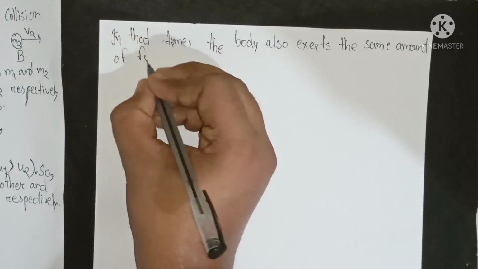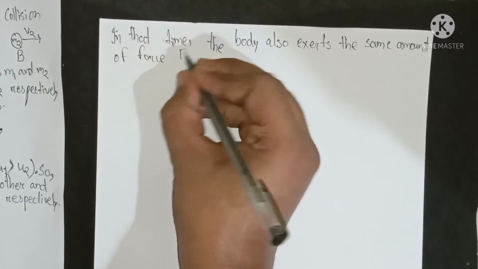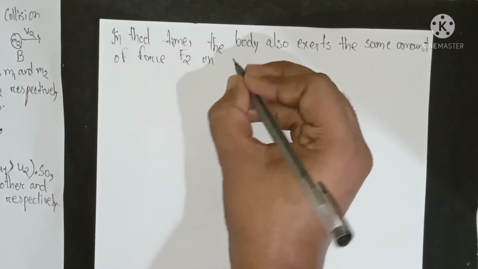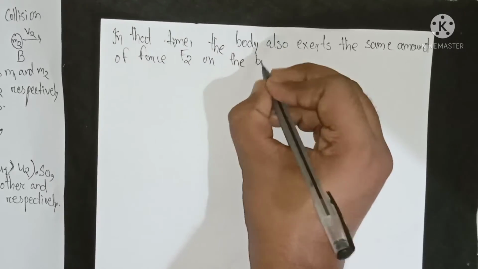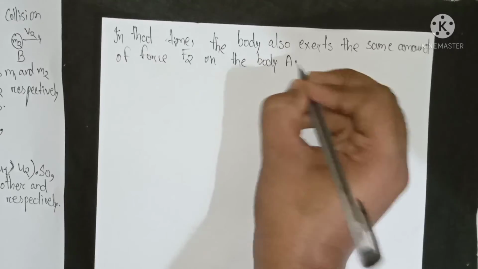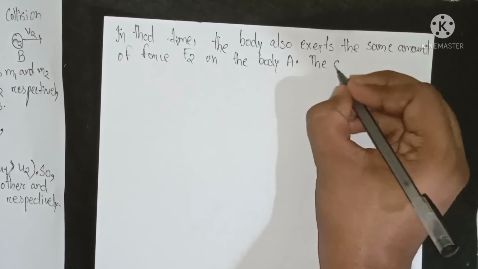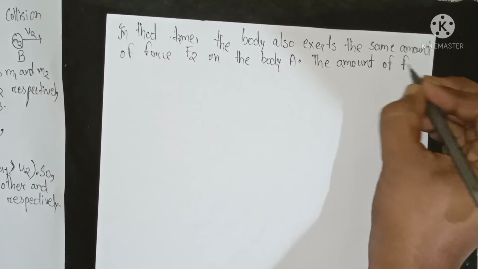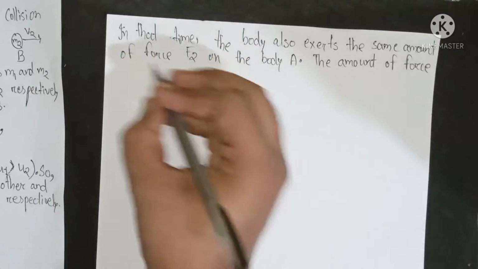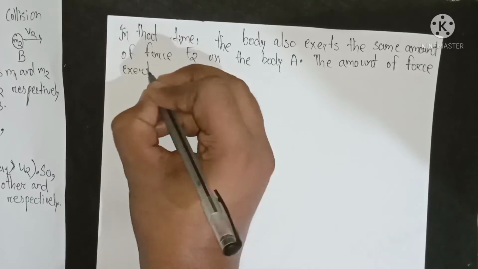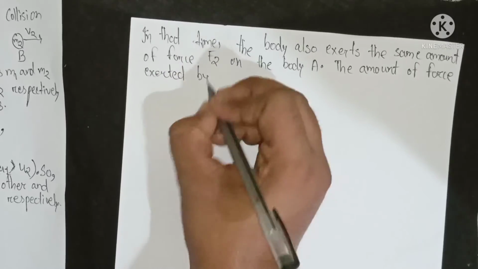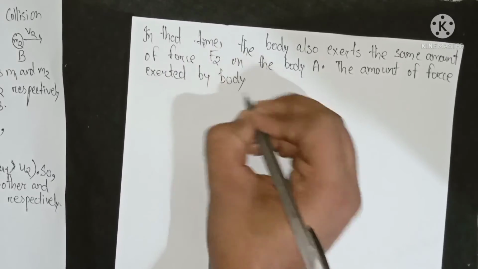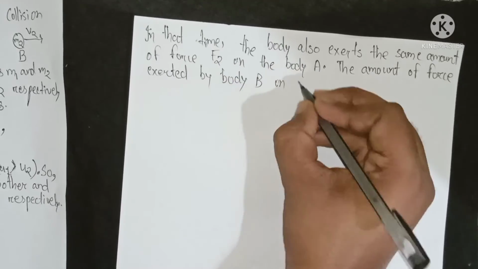This force is known as F2, as I said earlier, on the body A. The amount of force exerted by body B on body A,